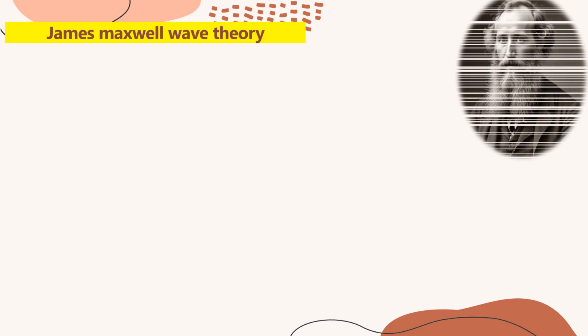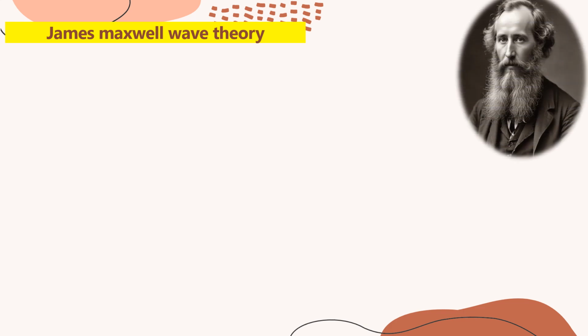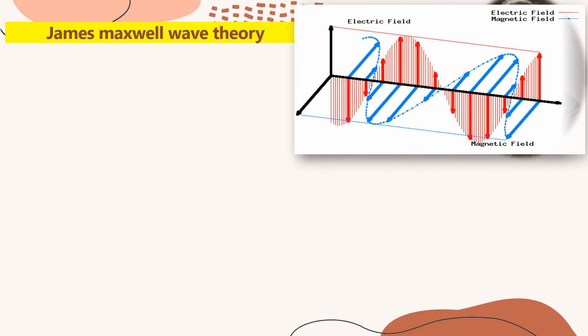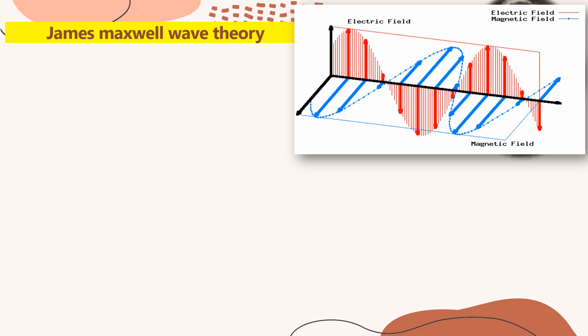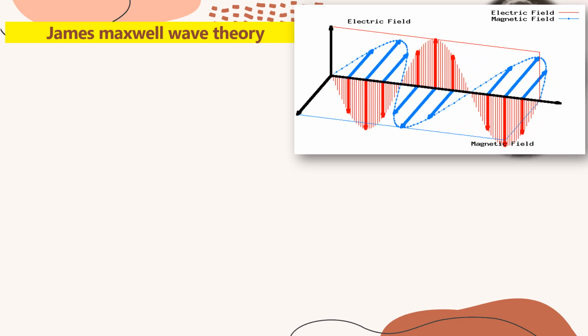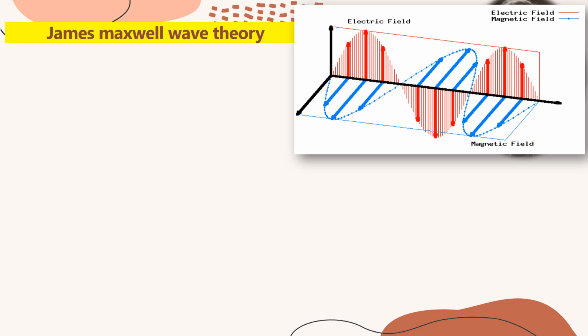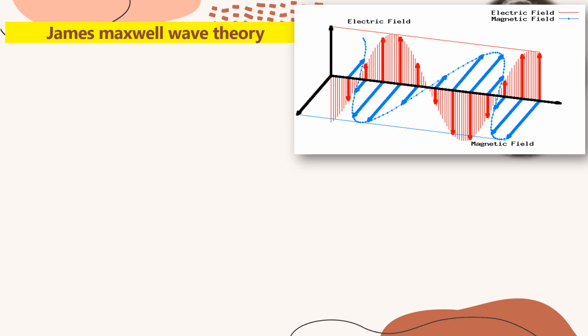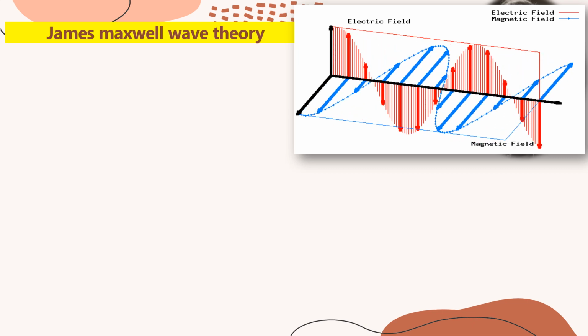Light is a form of radiation known from early days, with much speculation about its nature. James Maxwell was the first to reveal that light waves are associated with oscillating electric and magnetic fields. He suggested that when an electrically charged particle moves under acceleration, alternating electrical and magnetic fields are produced and transmitted. These fields are transmitted in the form of waves called electromagnetic waves or electromagnetic radiations. These waves do not require a medium. They can move in vacuum.